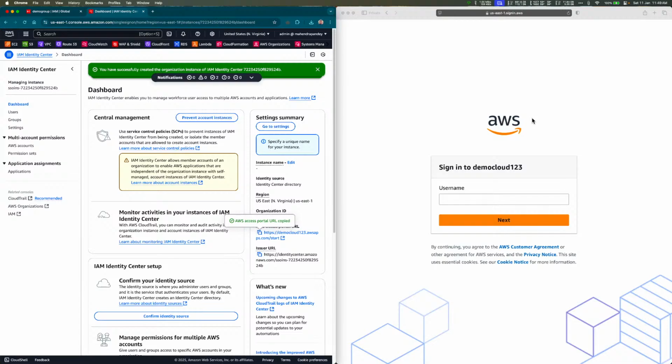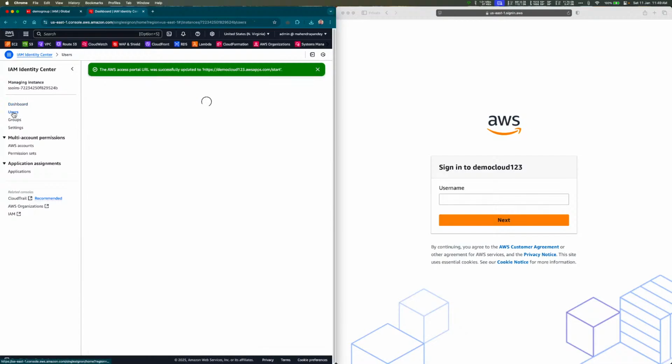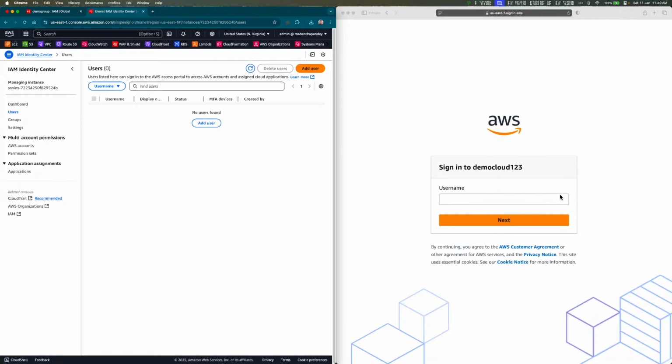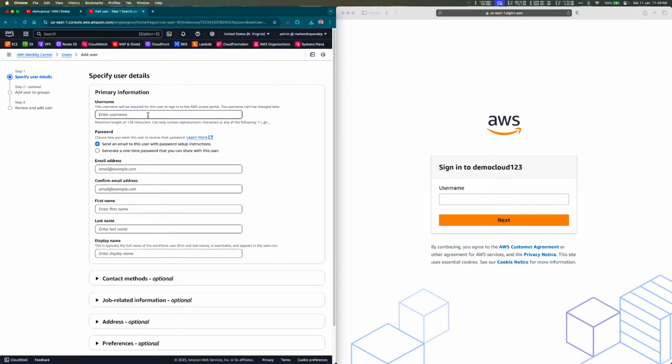Here, I want to import the user from some other provider. For this demo right now, I'm going to manually create a user here, right? Manually create a user to log in and to show you that the user can log in and have access to AWS account. Let's call it